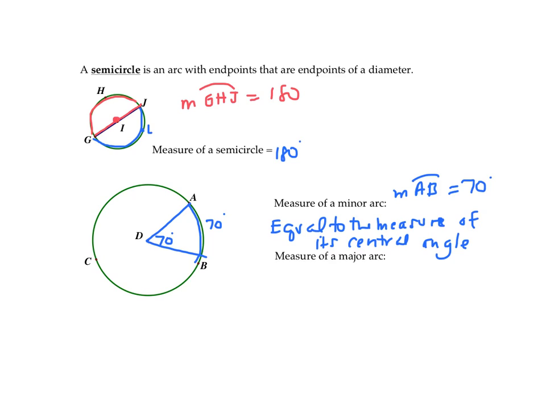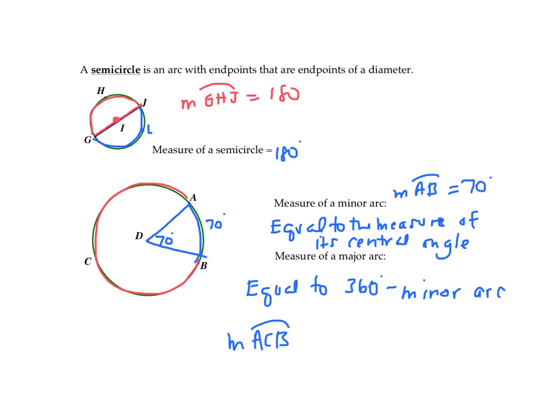The measure of a major arc is equal to 360 degrees minus the minor arc. For example, the measure of major arc ACB, so trace that out with your pencil or with your finger, ACB goes all the way around,